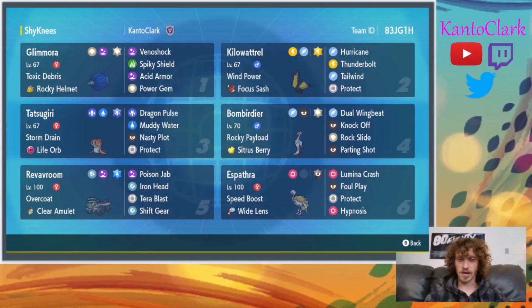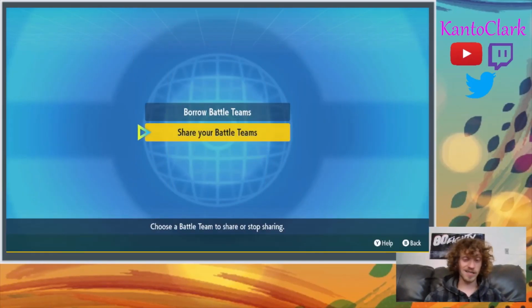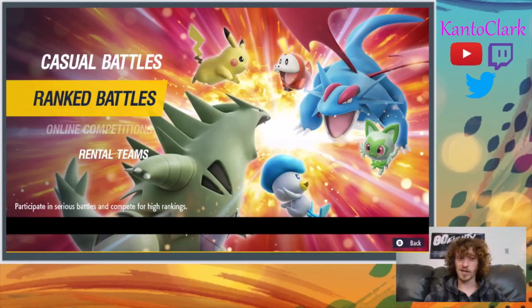Lastly, we have a Terra Dark Esparta with Hypnosis, Foul Play, Protect, and Lunar Crash, and Wide Lens just to try not to miss as much, but, you know, we'll see what happens with that. And I do think you could potentially take off Foul Play for Ally Switch. We're gonna really have to see how often we click Foul Play, so...